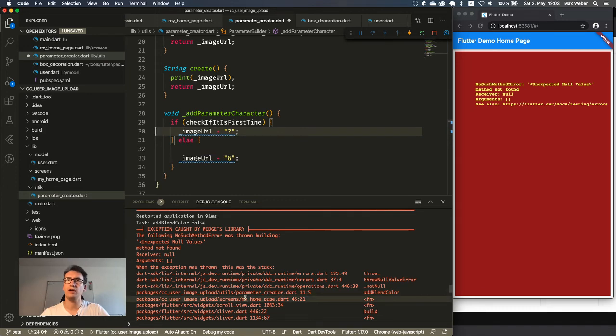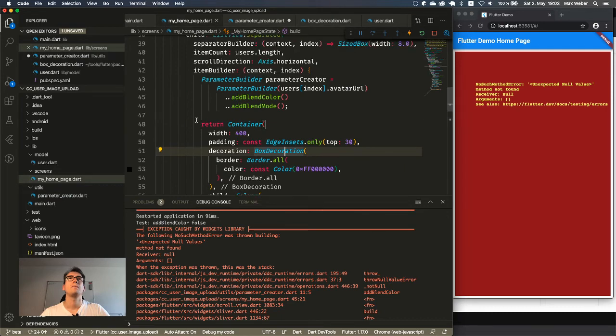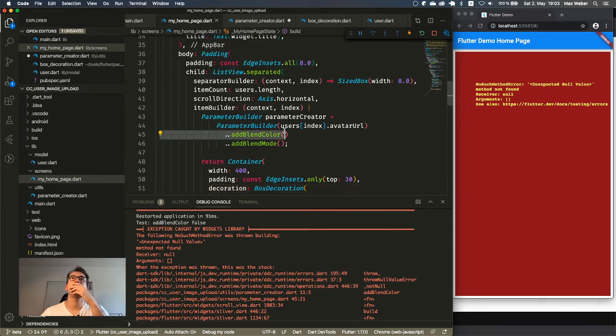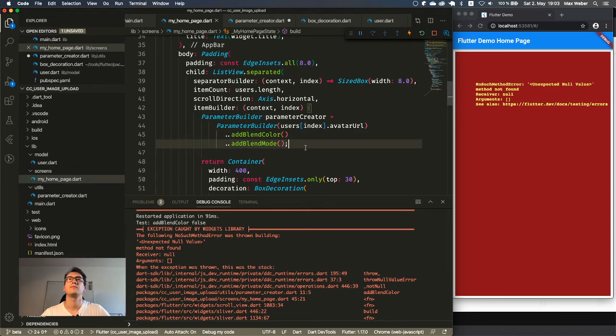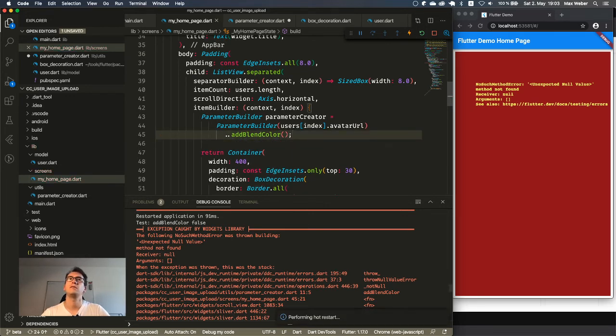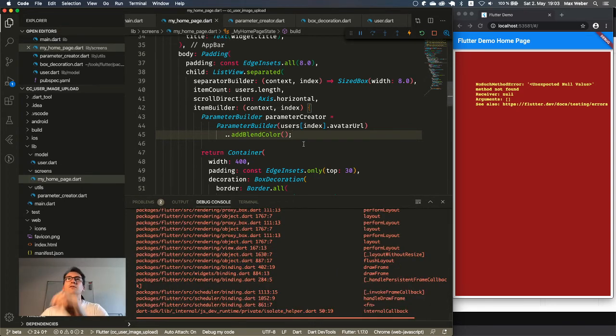That is weird. This method is not... He can't call this one? No, it's also not the case.